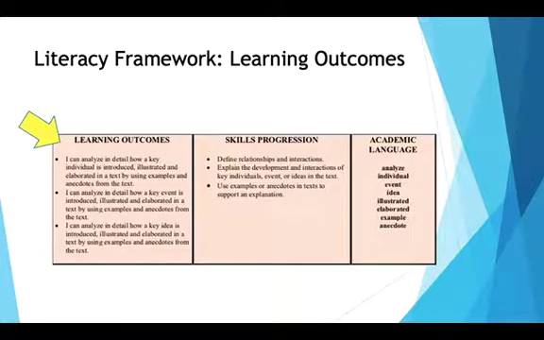The learning outcomes in the literacy framework. The learning outcomes are essential to instruction because we want to answer the question, what should my student know or be able to do by the end of this lesson, or possibly by the end of this week? Know that a learning outcome may take many days or weeks to master, but it sets a purpose and goal for learning the standard. The learning outcomes are written as I can statements because they are written from the student's